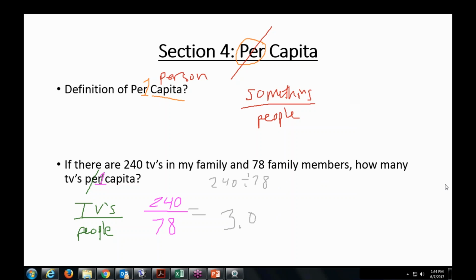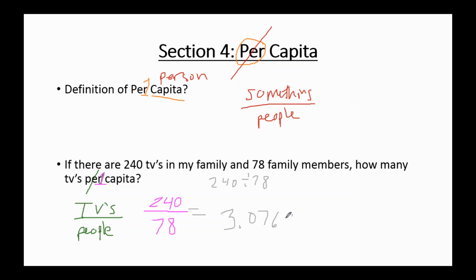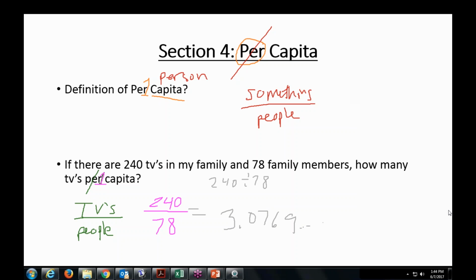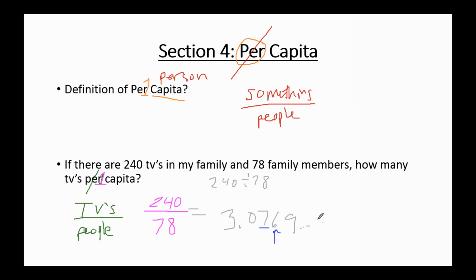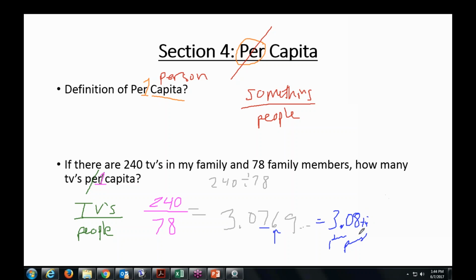Where's the long fraction? 3.0769 blah, blah, blah. And so Mercedes said, let's go ahead and round, which I always appreciate a good round job. So if you round up, 6 rounds up, we end up with 3.08 TVs per person. Yep, there's your bad handwriting for you today. And I write this because 3.08 is the correct answer. Great, you could even round to 3 if you really want to get specific.